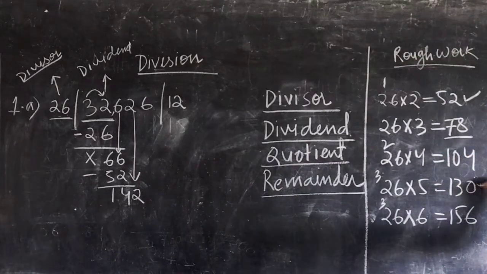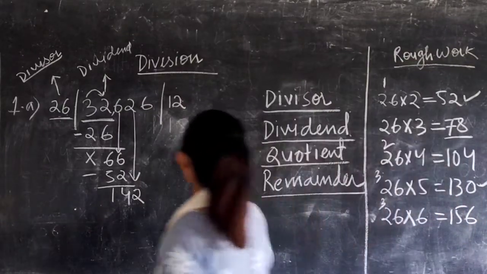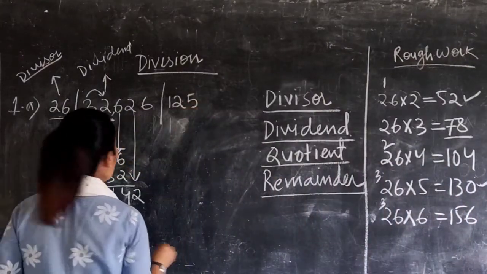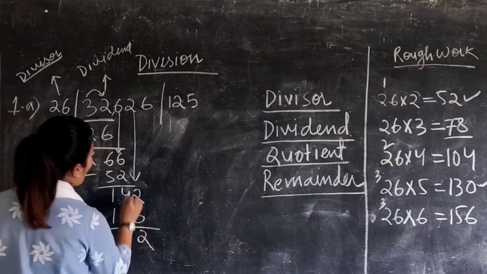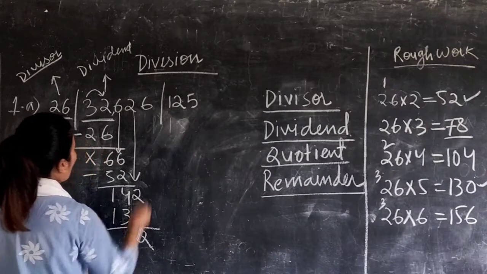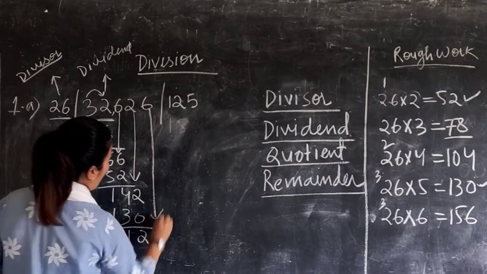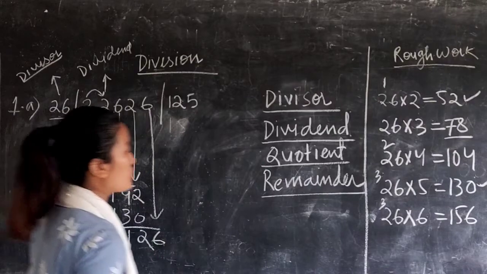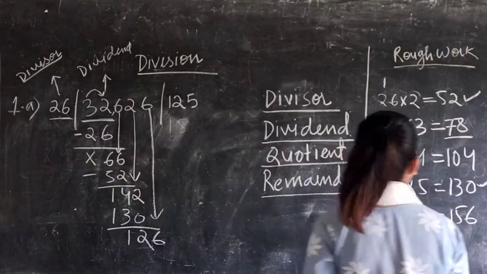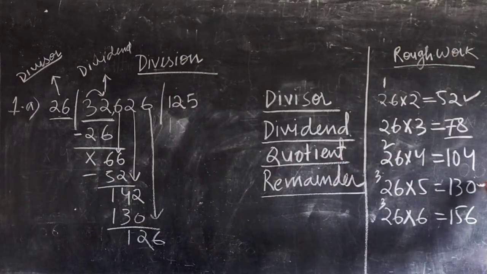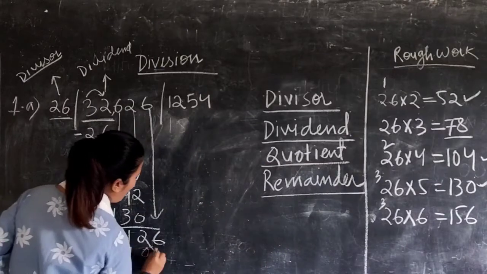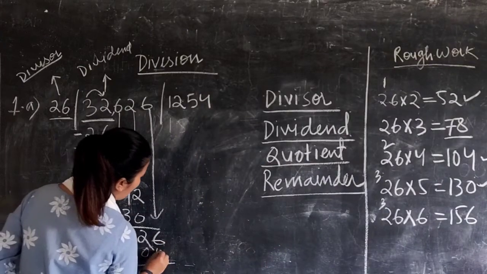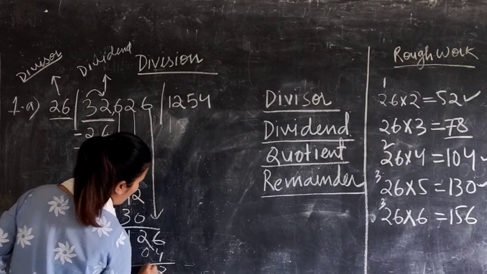So what is the number above that? We will multiply with that. 26 fives are 130. So 2 minus 0 is 2, 4 minus 3 is 1. Then you will carry 26. So which one is closer to 26? So 130 is greater than 26. So with 4. 26 fours are 104. So you get 26 minus 4 is 2 and 2.